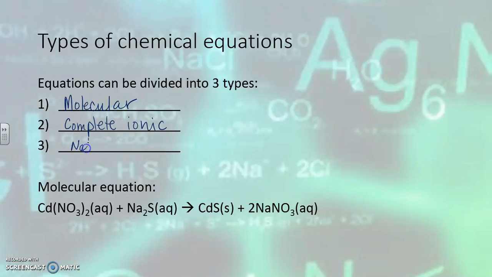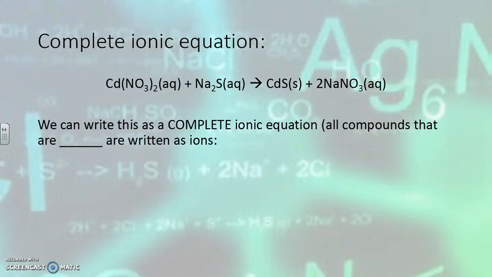Okay, a net ionic equation just shows those things that are directly involved in the reaction. All right, so a complete ionic equation is anything that is going to be aqueous broken up into ion form, because when you take a substance,